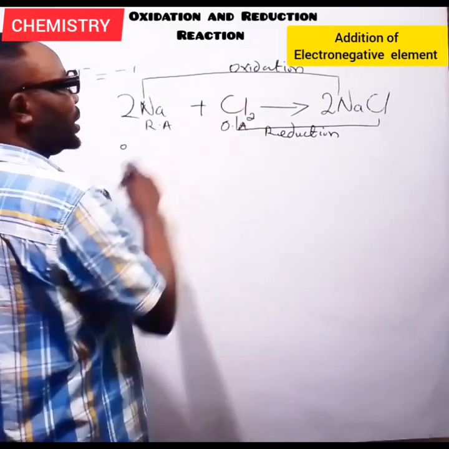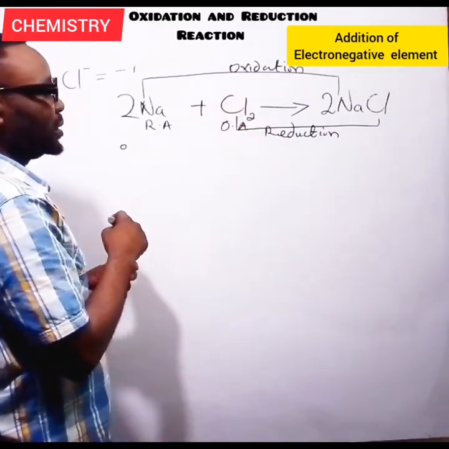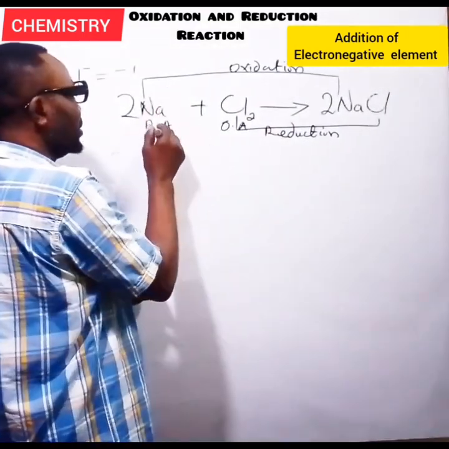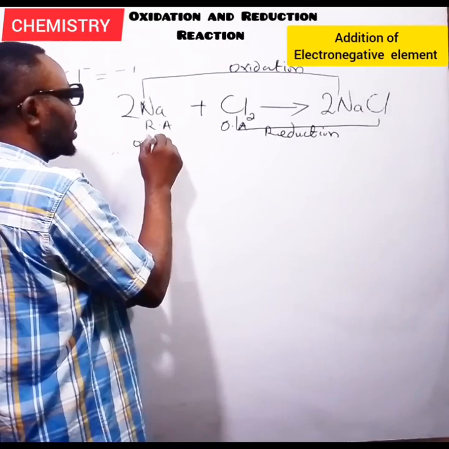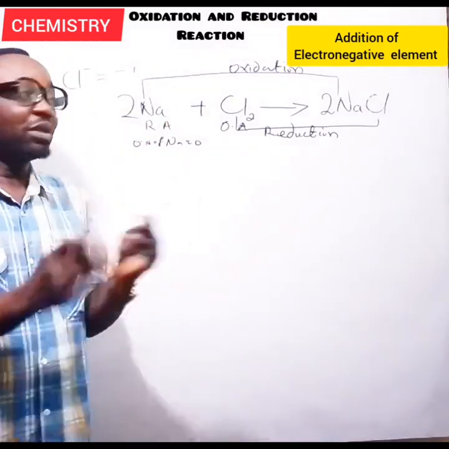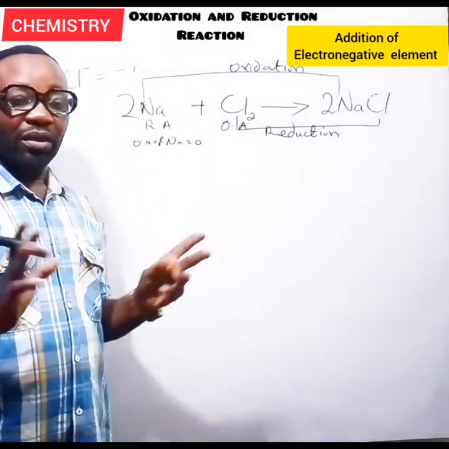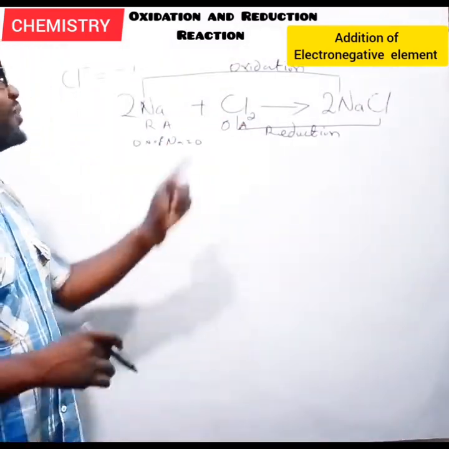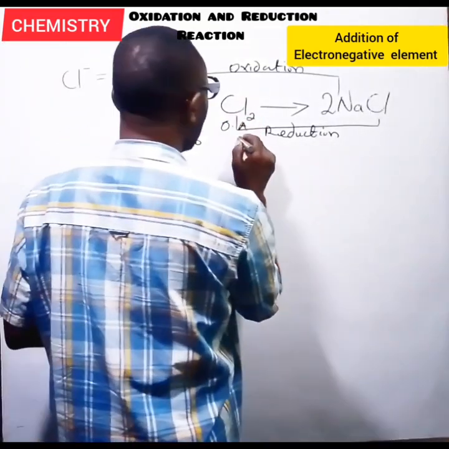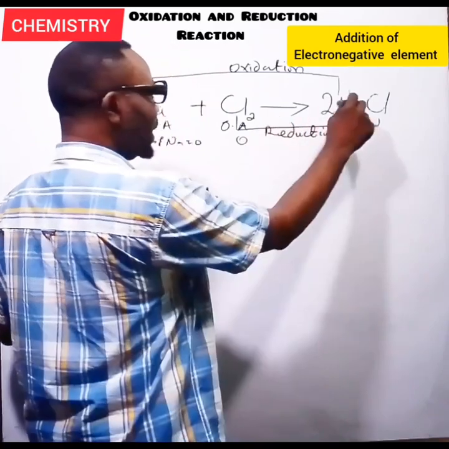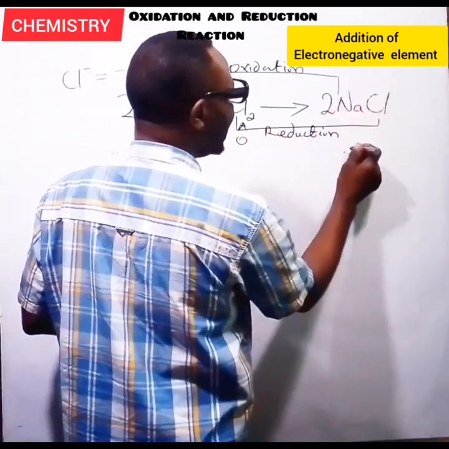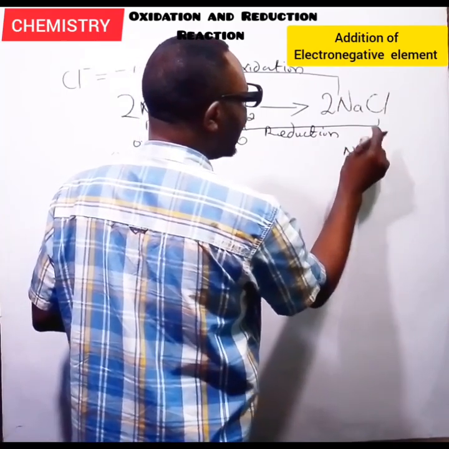The oxidation number of this chlorine here, because it is not combining with anything, is 0. If we have an atom standing alone, the oxidation number will be equal to 0 if it is not combining with any other element. The oxidation number of this Cl2 is going to be equal to 0. Now, getting here, the oxidation number of sodium here will be